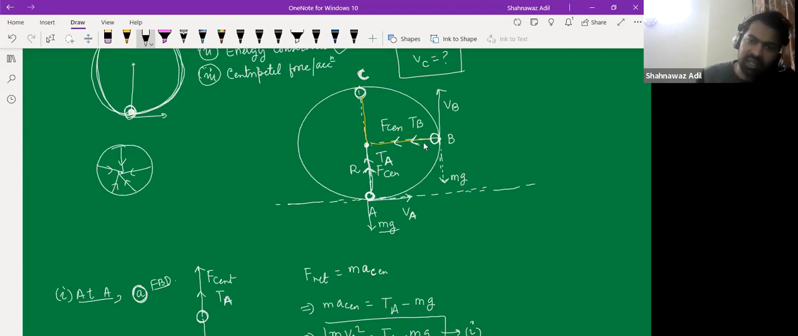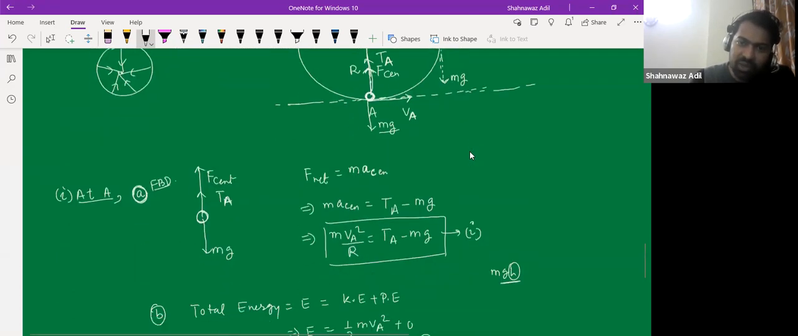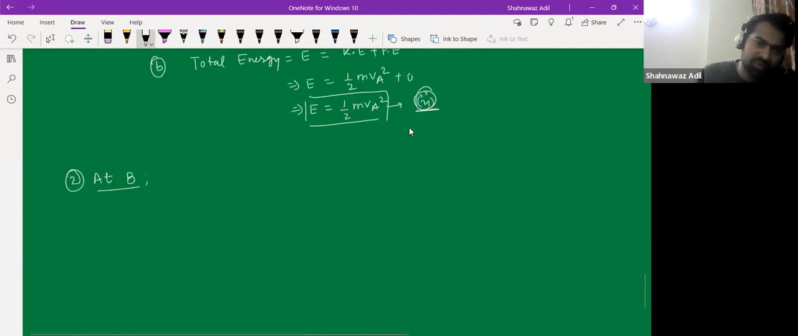So you see that in this direction, only this centripetal force and this TB will work, right? Because this mg is balanced by this other acceleration. So at this point, we don't have any acceleration in this direction. We don't have any mg in this direction. So only these two things are working. So what would be the free body diagram at this point? What would be that? So if we calculate F net,